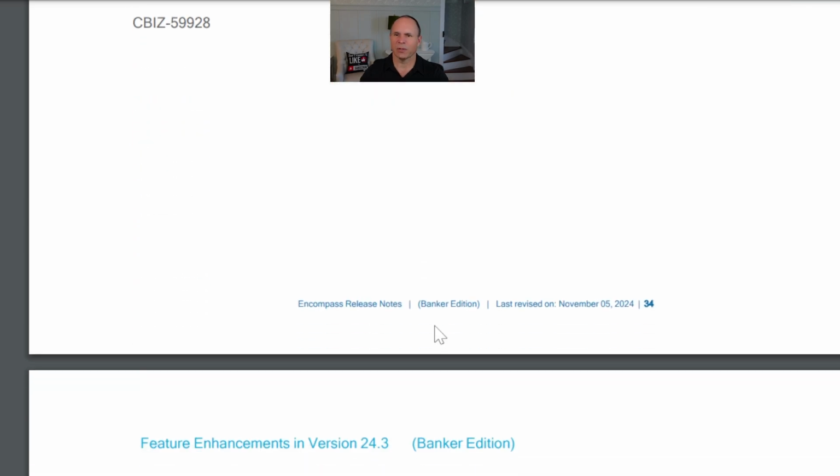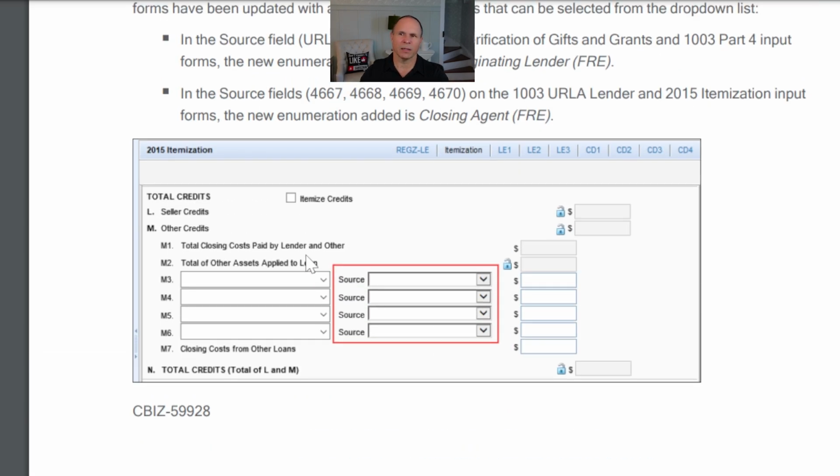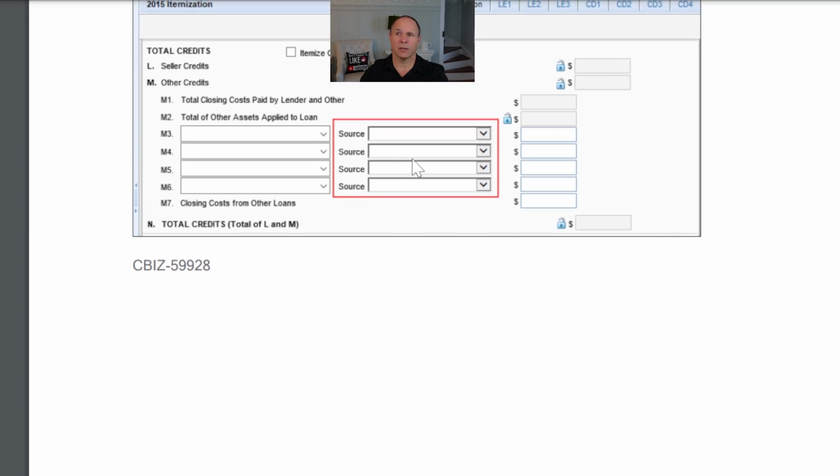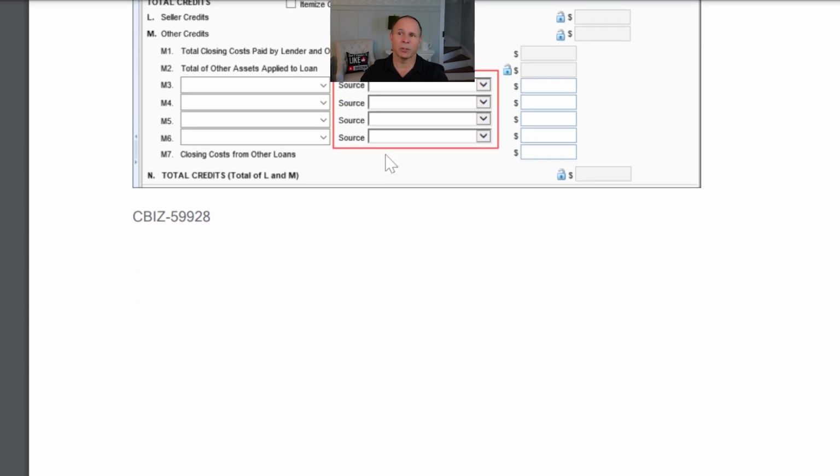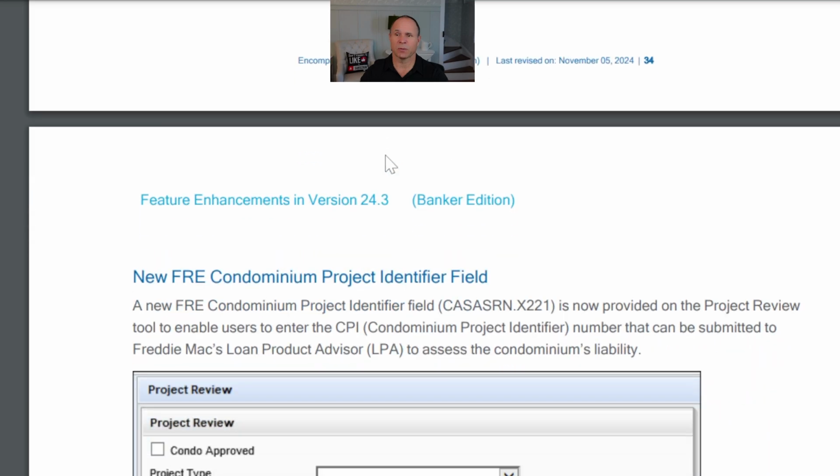I would prefer you think about this on the URLA lender, especially if you're using itemized credits in your workflow. These fields may change from M3 to something else. So pay attention to this. Check it out. If you don't have a testing environment, unfortunately, check it out December 7th. If you do have a testing environment, definitely compare this to your workflow notes for what your teams are going to be doing for training in terms of managing those fields.